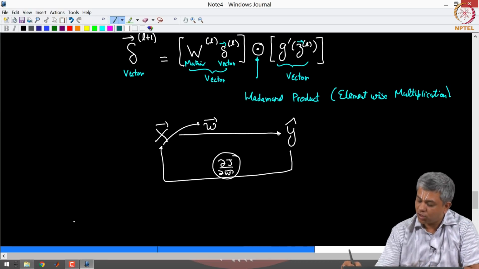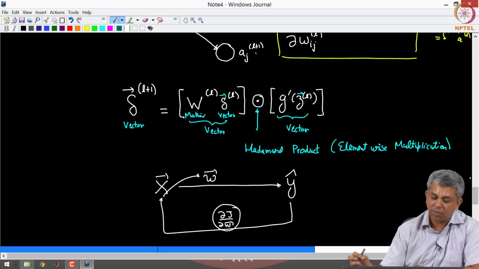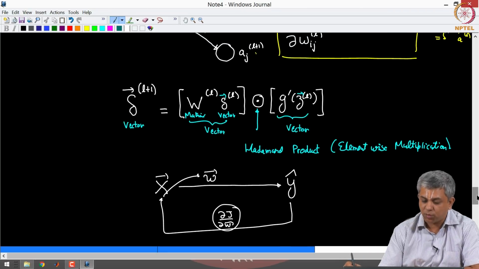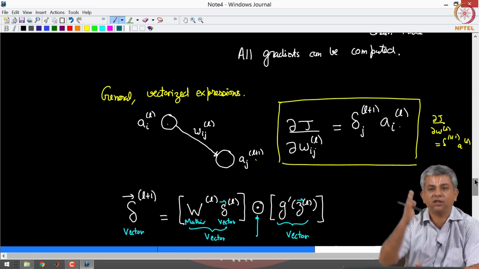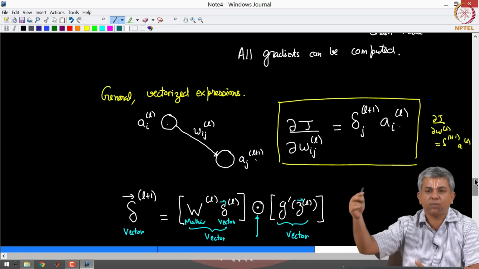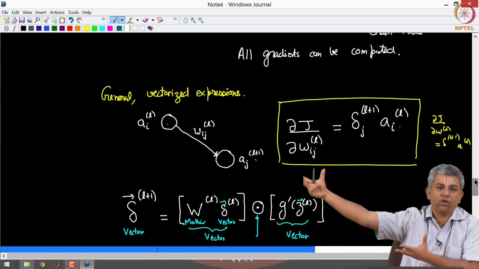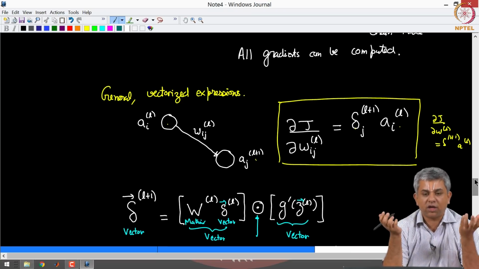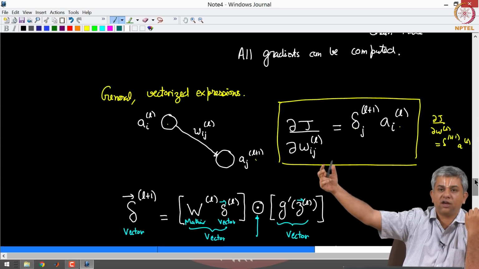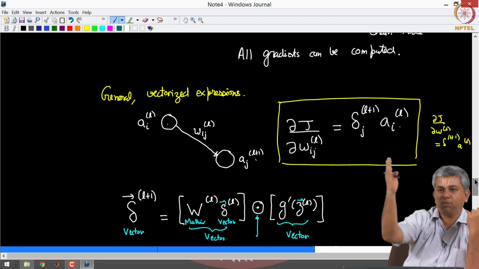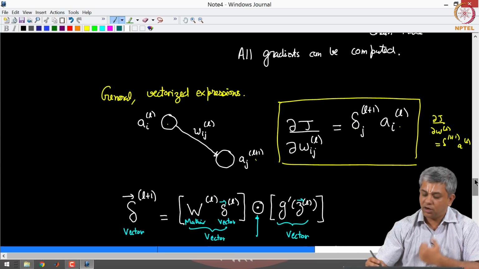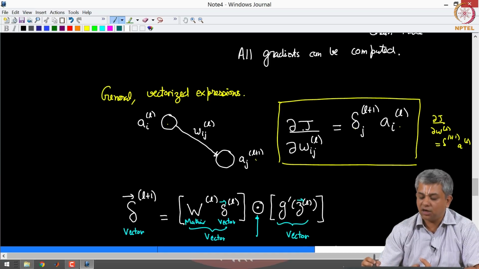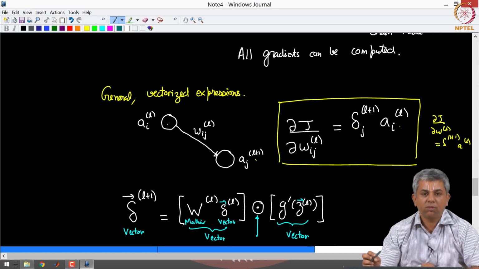The idea is already shown here. The reason it is called back propagation should be obvious, that is because we first calculate the error at the last layer and then start propagating. If this was my total error, how much was each node responsible for this total error. So, you take delta at the last layer, find out delta at the previous layer, and so forth, and then simply del J del w is delta at the next layer multiplied by activation of the previous layer.